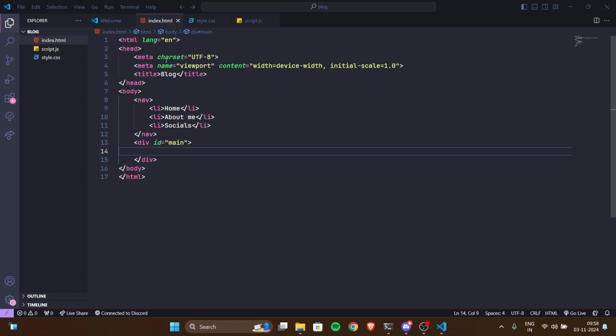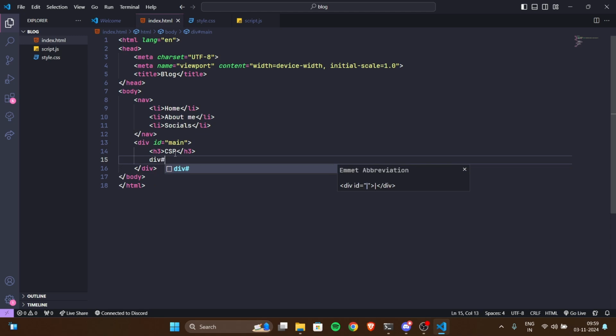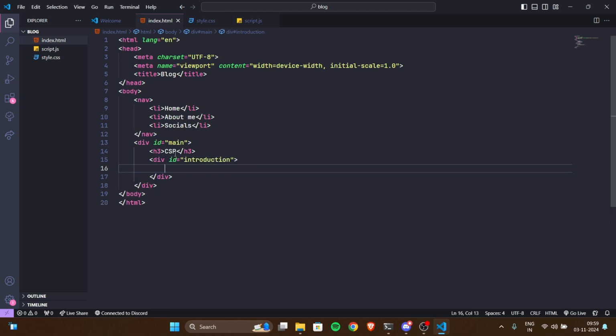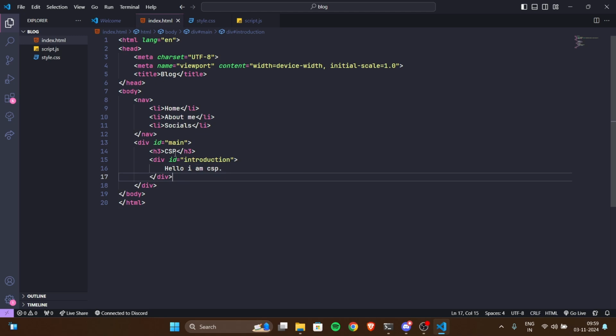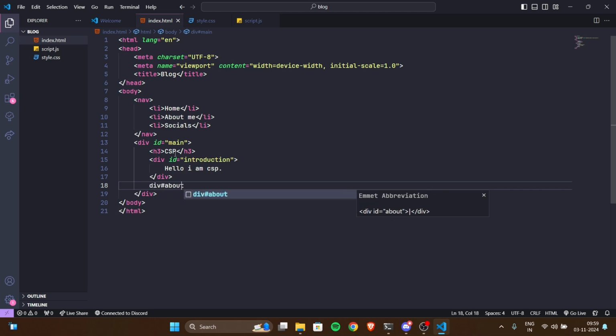I'm gonna create, let's say, an h3, and I will just write my name, CSP or something like that, and then we will go down, and I'm gonna create another div known as, let's say, introduction. A small introduction of myself. Hello, I'm CSP. It's just a small thing, you can write a paragraph for that, but I'm gonna put a simple sentence for this example. Now I'm gonna go further down, and I will do div hash about me,